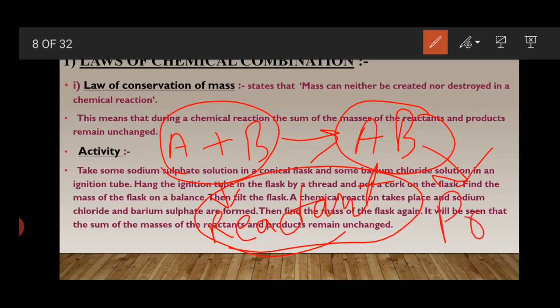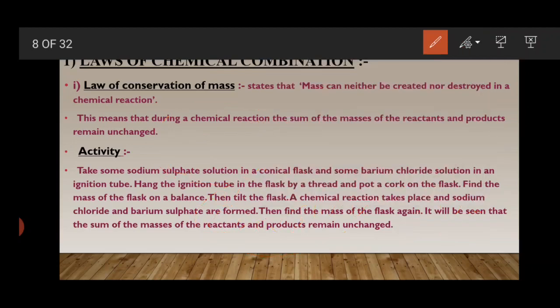Simple. With this logic we can understand that A reacts with B and gives us AB. This part is known as the reactant, meaning a substance which undergoes a chemical reaction and gets combined, and after the chemical reaction the substance we get is known as the product. Now let's understand with one example.